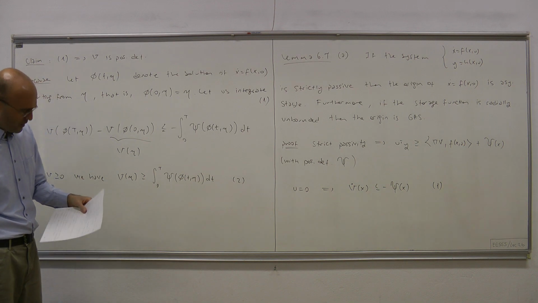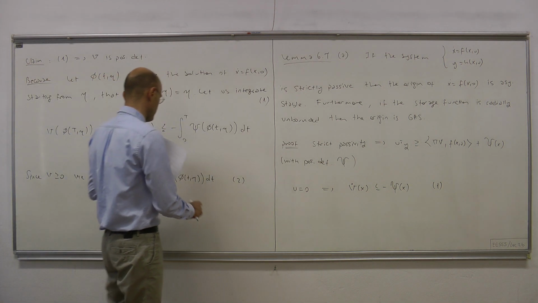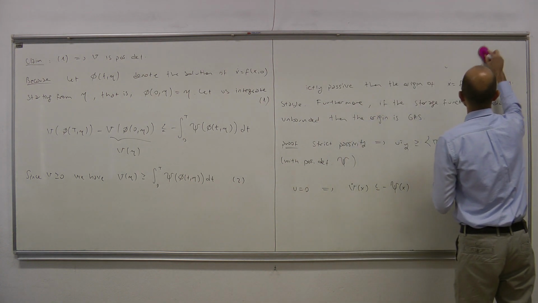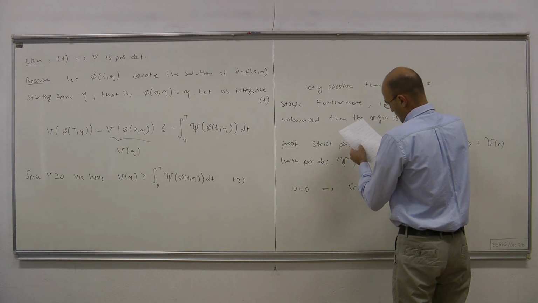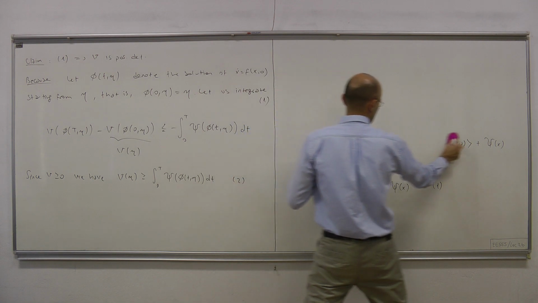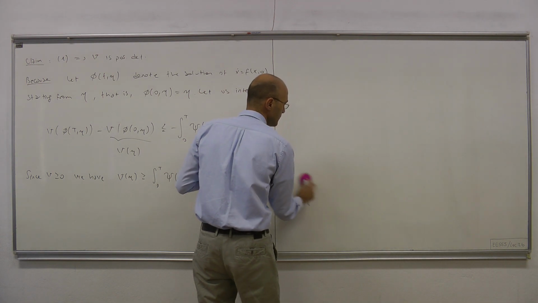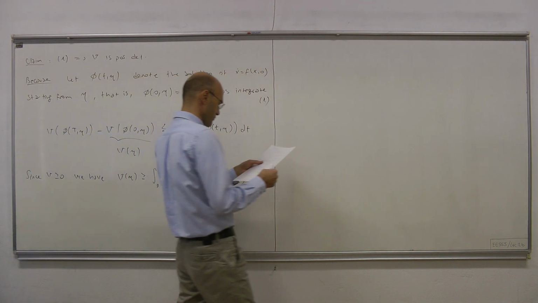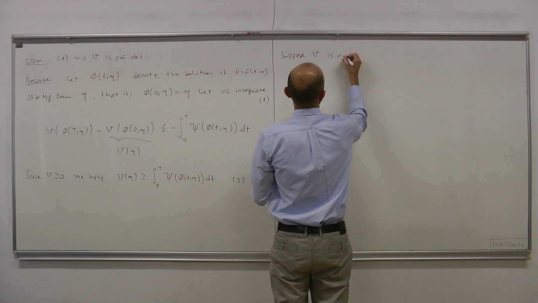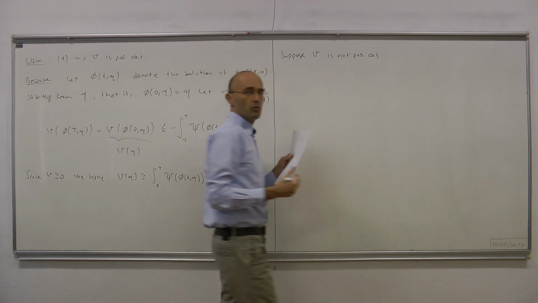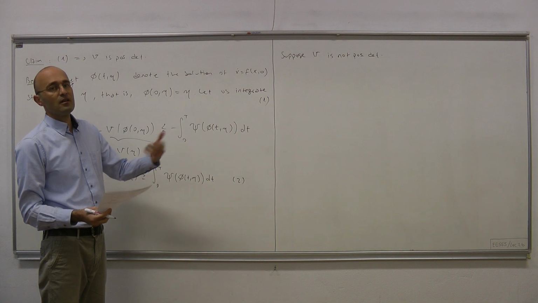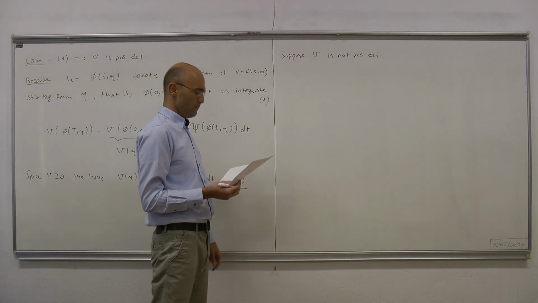We took this guy to the left-hand side, and this guy to the right-hand side, and you obtained inequality number 2. And now, this, it turns out, implies that the function v, the storage function, must be positive definite. Okay, suppose v is not positive. So what we're going to do is prove positiveness by contradiction. We're going to suppose otherwise, and then we'll reach a contradiction. Suppose v is not positive definite, then